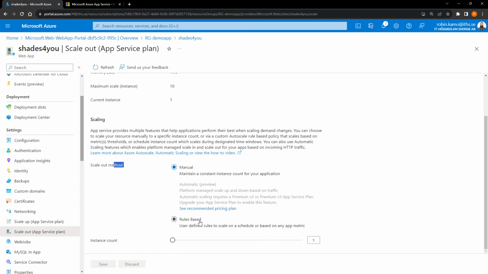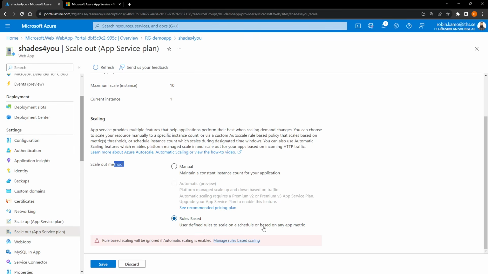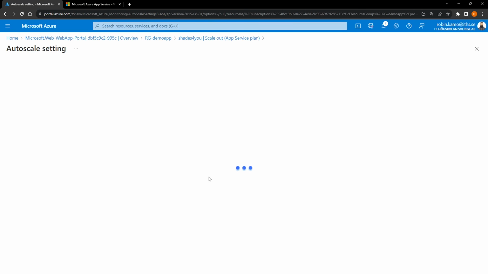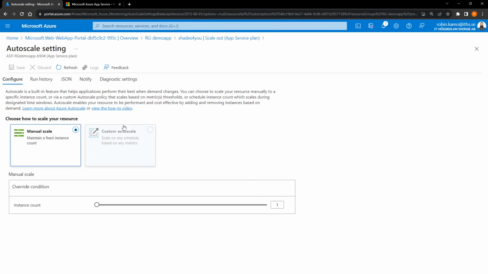What I prefer is this called rules based, right? And this is you implementing auto scaling. And with auto scaling, you also enforce a kind of DevOps principle, because you want to automate as much as possible, if not everything. And scaling is one of those things. So you need to add some rules, and I will press Manage Rules-Based Scaling. Here we go, and then I will press Custom Auto Scale,